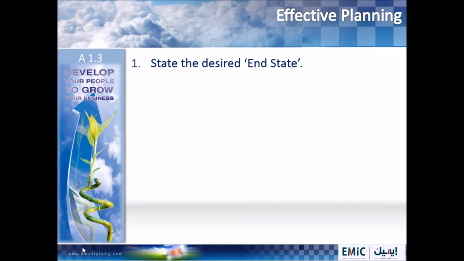This means looking forward into the future and having a clear and definite understanding of what good looks like, sometimes referred to as starting with the end in mind. The second step is then to understand your current situation. Where are you now? If you know your desired end state and you know your current situation, you can then